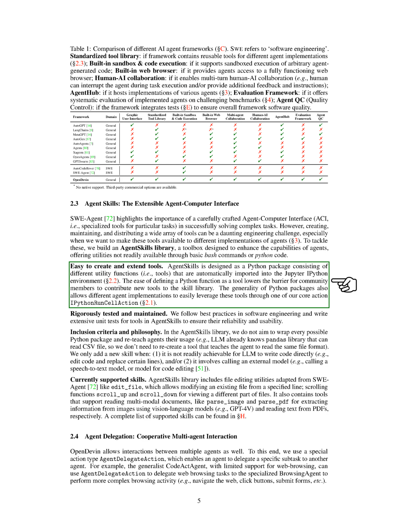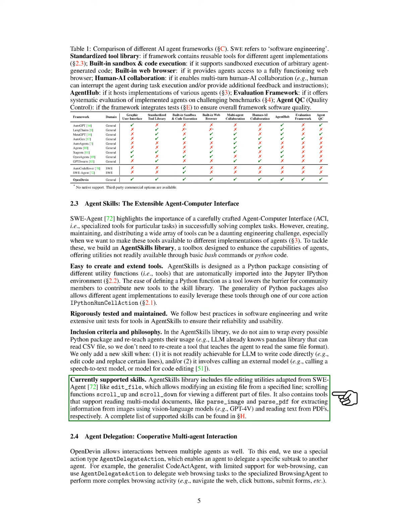The Agent Skills Library is structured as a Python package containing various utility functions that can be easily imported into the Jupyter environment. This design makes it simple for community members to contribute new tools, as defining a Python function as a tool is straightforward. The flexibility of Python packages allows different agent implementations to utilize these tools through a core action we defined. We ensure that the tools in the Agent Skills Library are rigorously tested and maintained, following best practices in software engineering. Our inclusion criteria focus on adding new skills only when they are not easily achievable by the agents themselves or when they require calling an external model.